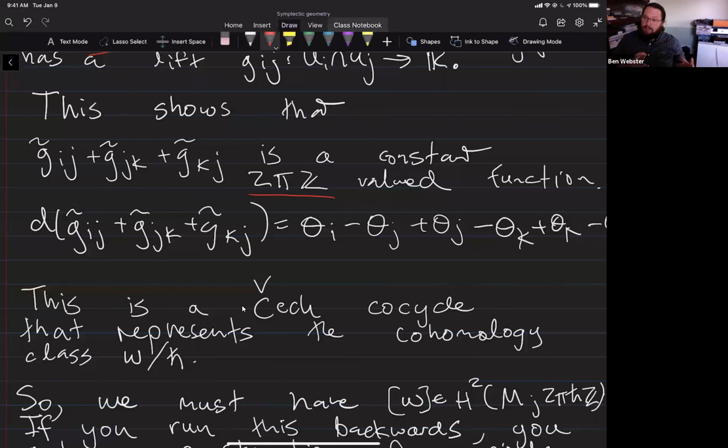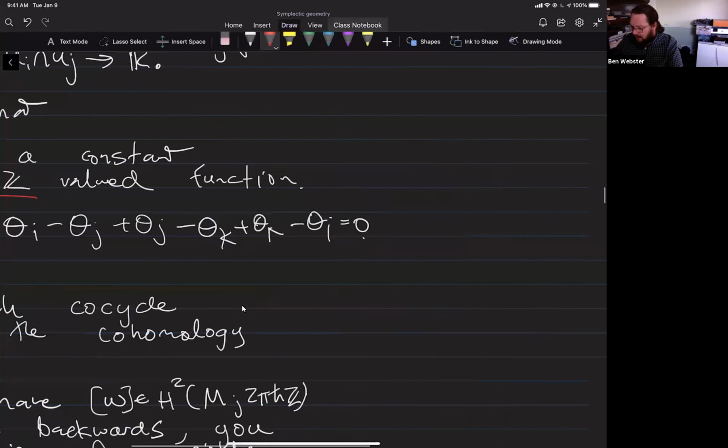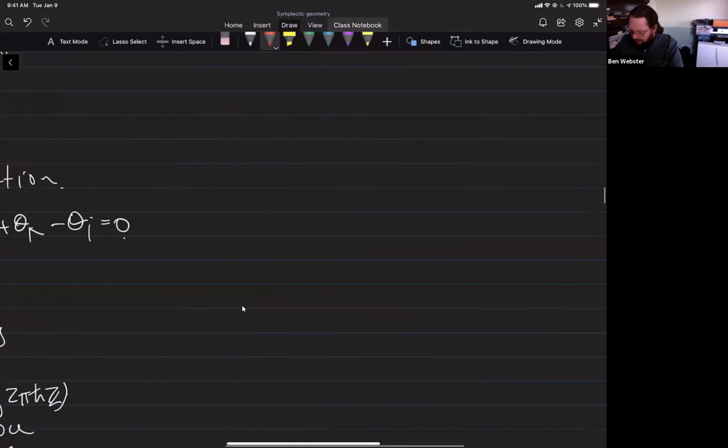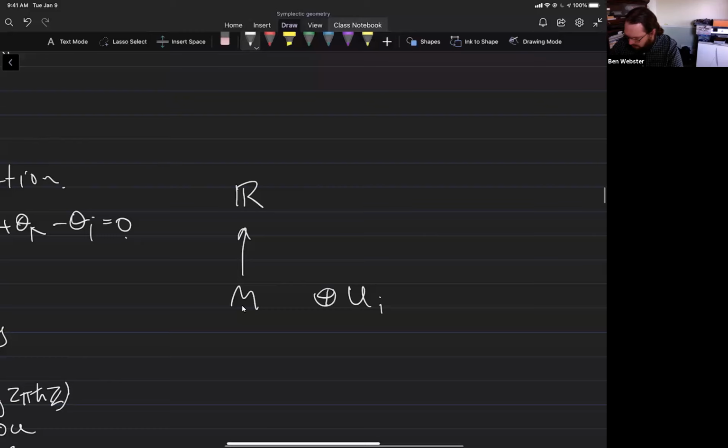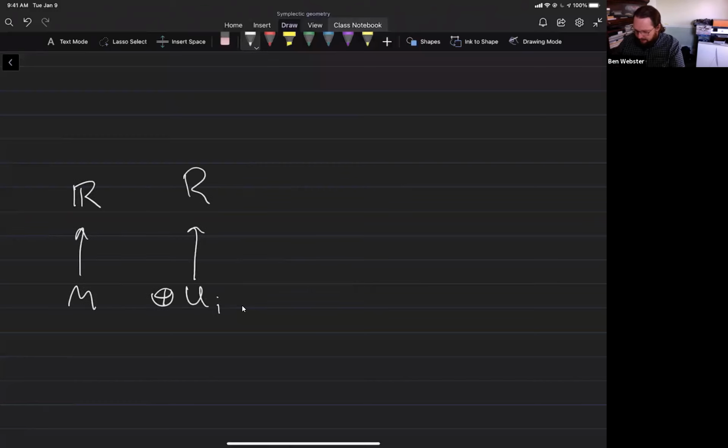But we've talked about de Rham cohomology. There's another way of constructing cohomology groups where instead of looking at the exterior forms, you look at R-valued functions from your manifold into R, and the sum of all R-valued functions from your cover into R. There's a pullback map here.